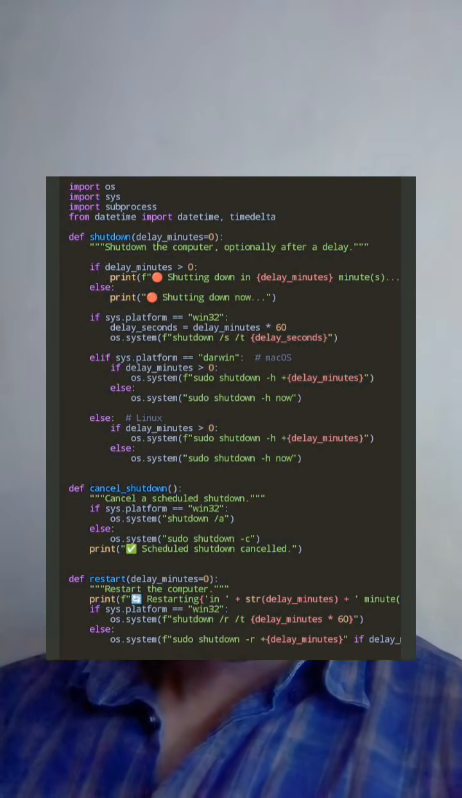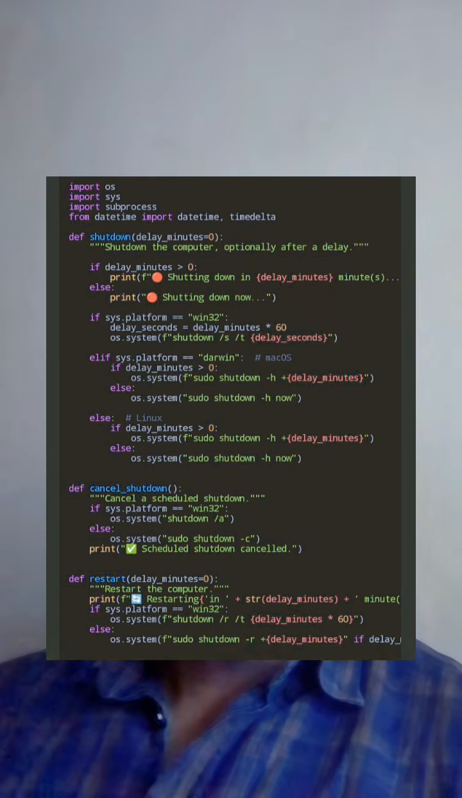So I'm just going to go through the code. And for those purely vibe coders, I would advise you to skip because you might get a migraine trying to read this code. But yeah, let's go through the code. So we're just doing some imports, and then we are defining the shutdown function,